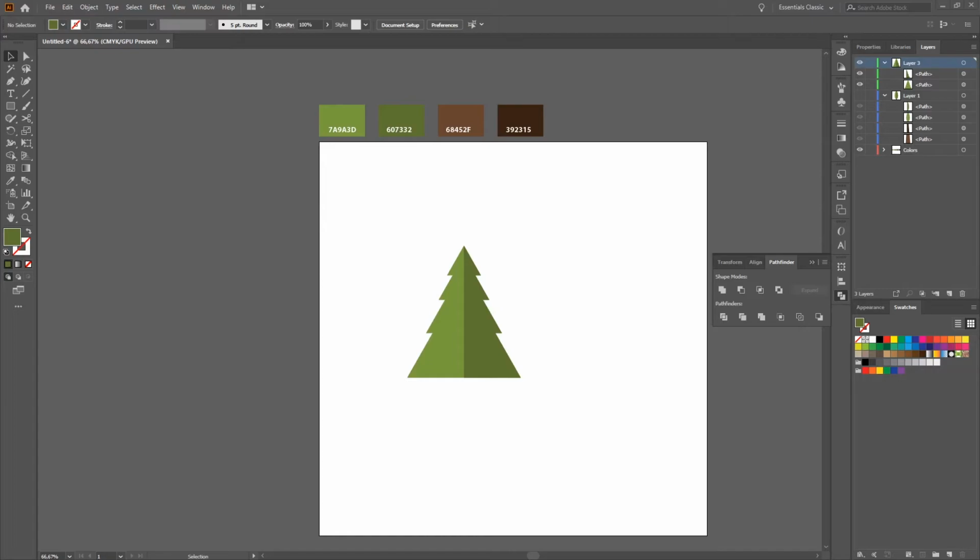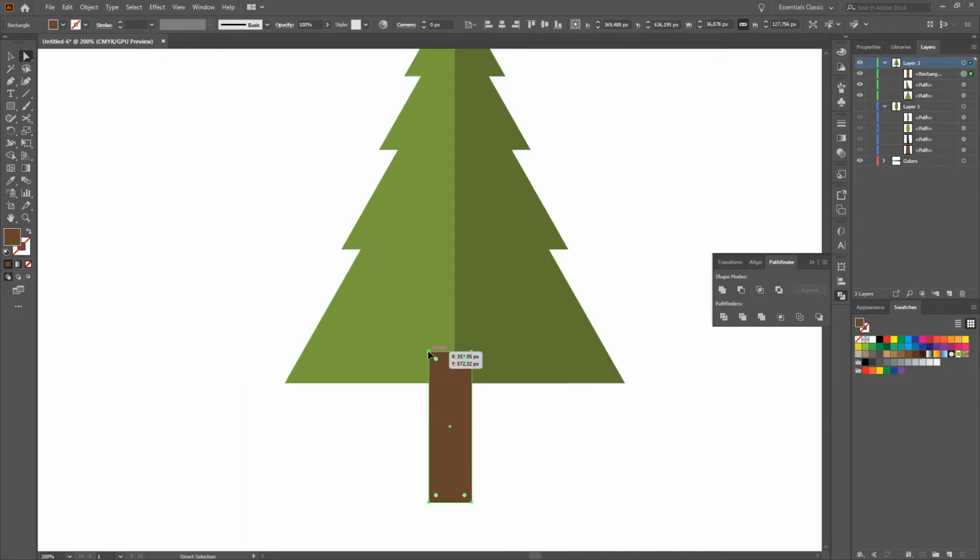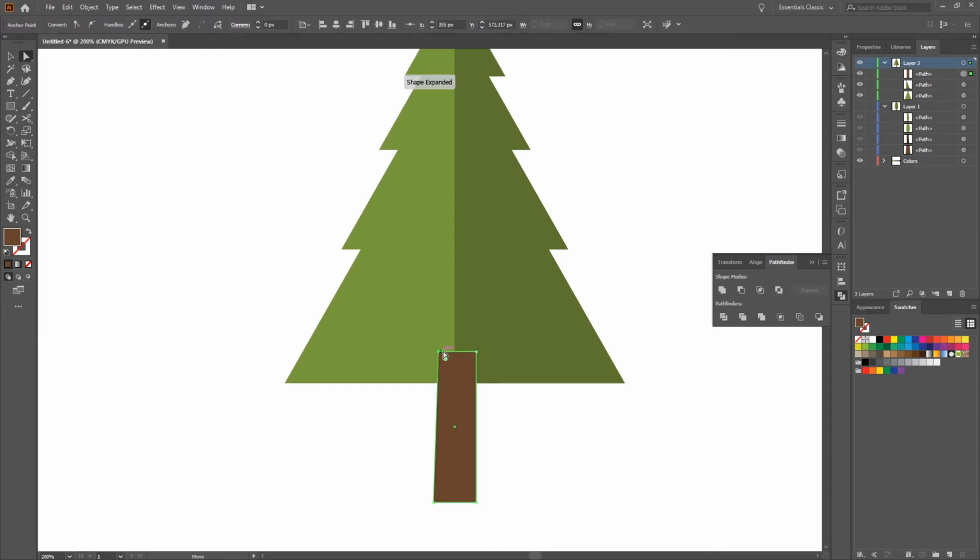Next part is creating our trunk. Therefore select rectangle, create a rectangle like this, select the correct color, press the direct selection tool, move the side a little bit to the center, move this to the center again,